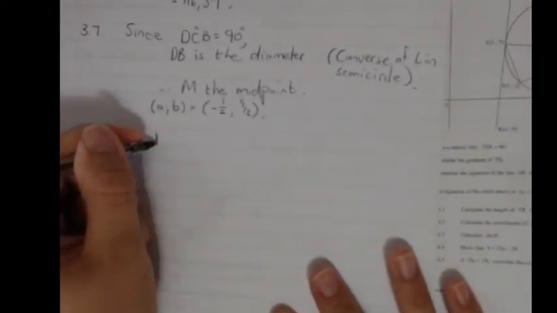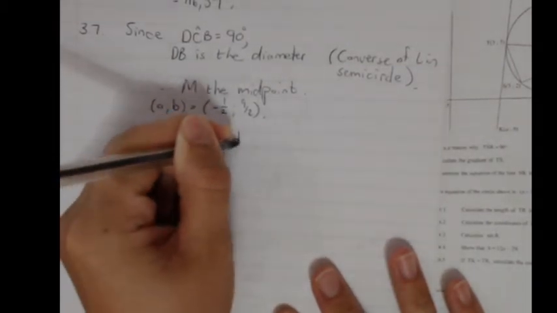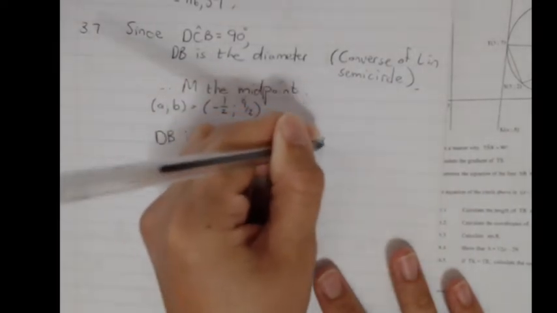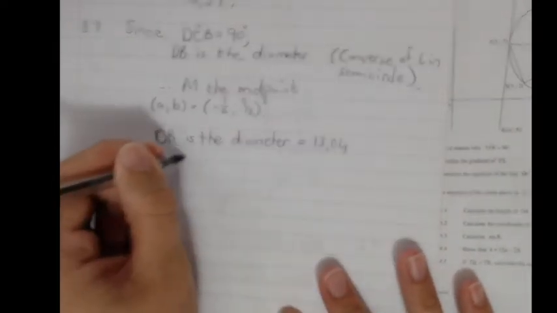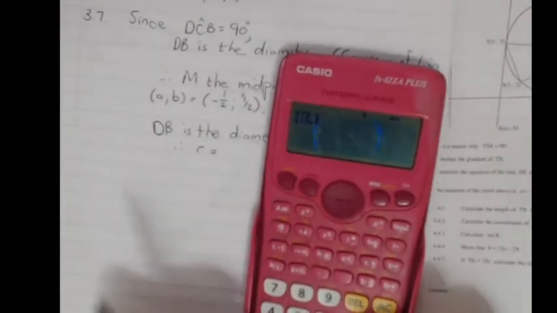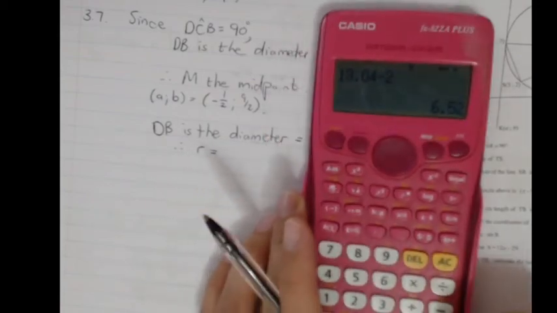So DB is the diameter, which is equal to 13.04, meaning the radius is equal to 13.04 divided by 2, and that gives me